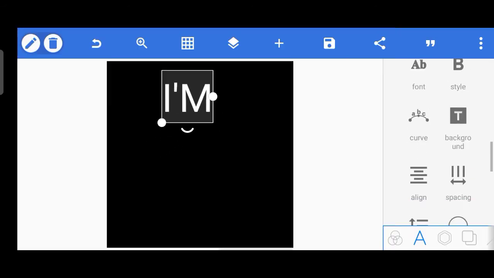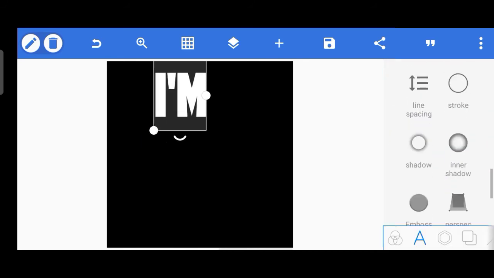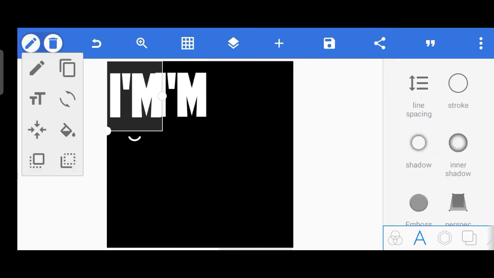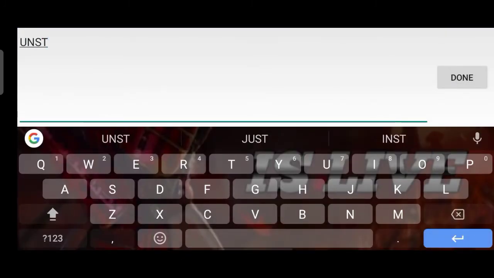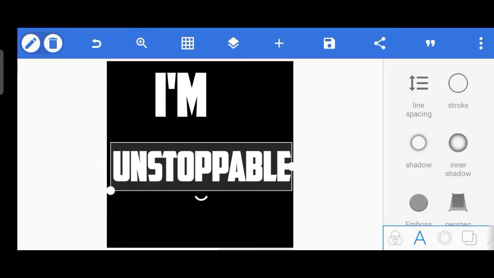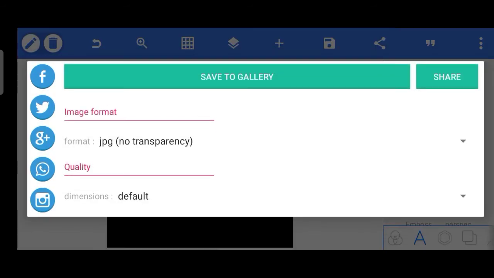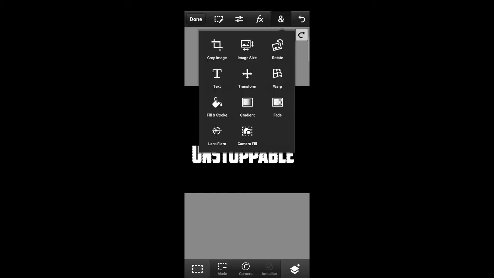Take any font which is clean and clear, and a bit big, bolder text. This became a bit big. I forgot, you need to click on transparent and save it.